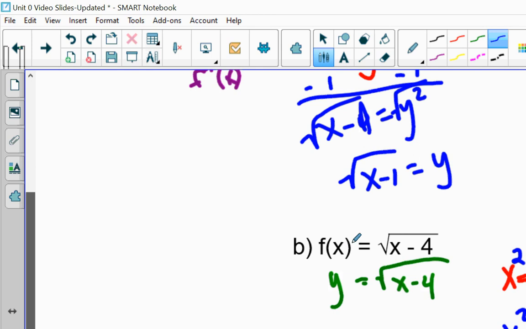Add 4 on both sides. X squared plus 4 equals y. And rewrite in our inverse notation. So the inverse is x squared plus